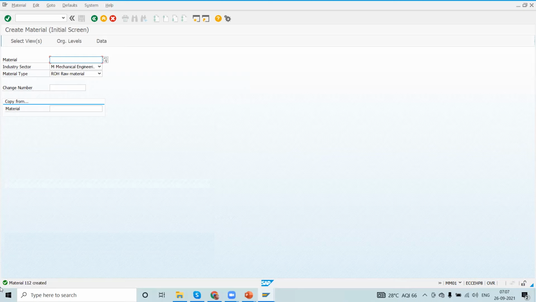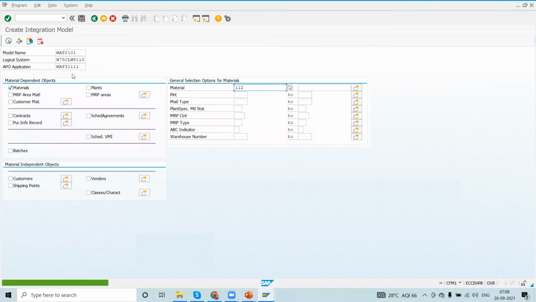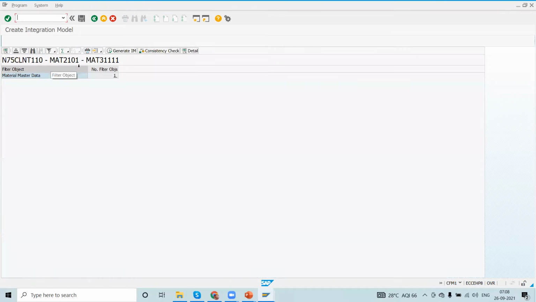Perform CFM1 and CFM2. I'll be teaching you this later part, but for now, please understand carefully. I am just transferring this material to the EWM system.